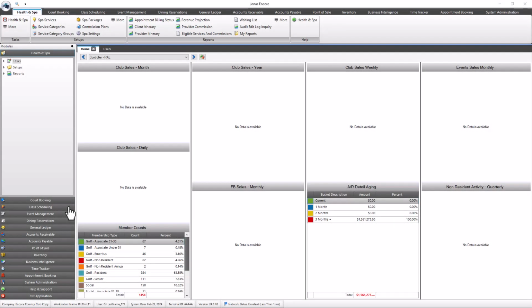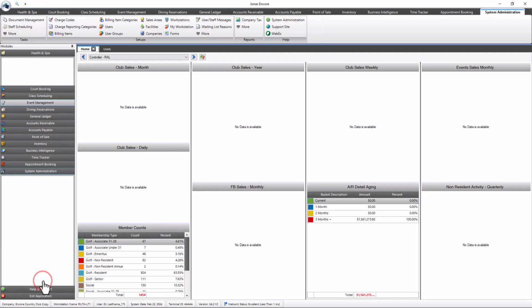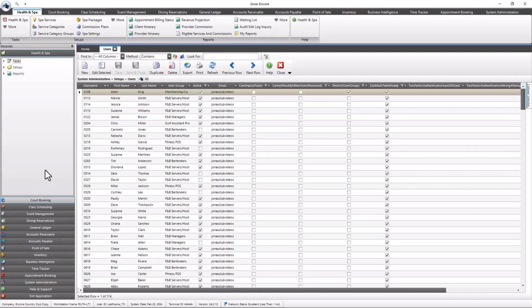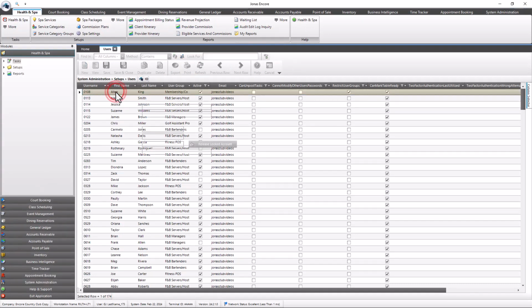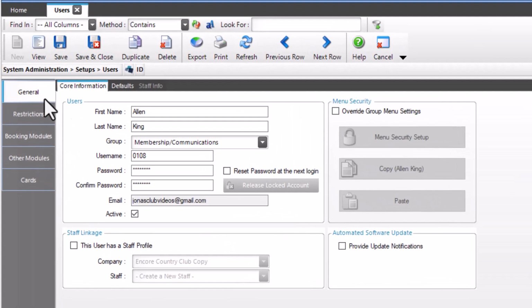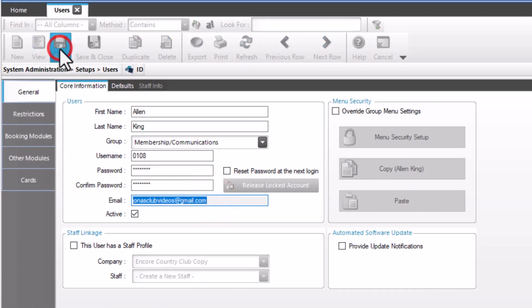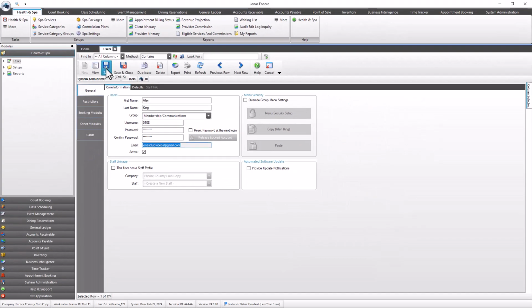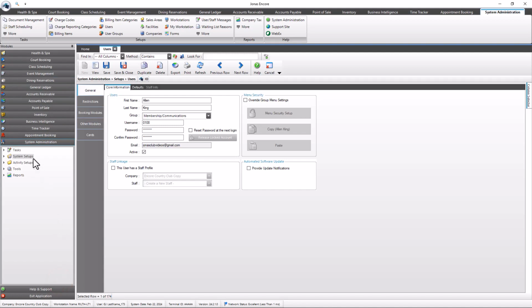To view, add, or edit an email address for a user, navigate to System Administration, System Setups, Users, General tab. Enter an email address into the email field and select the Save button located in the User Setup screen toolbar. To enable the two-factor authentication feature, navigate to System Administration, System Setups,